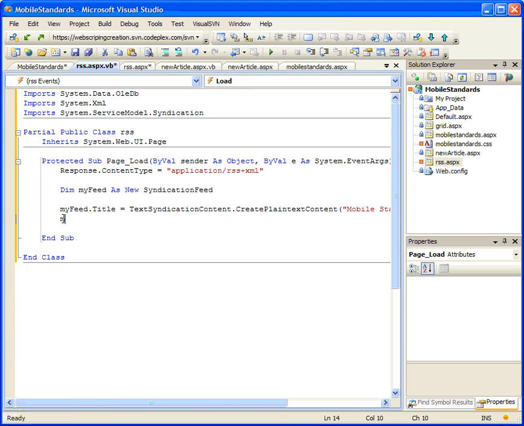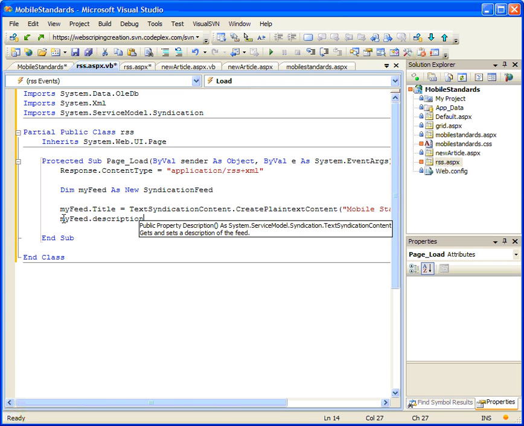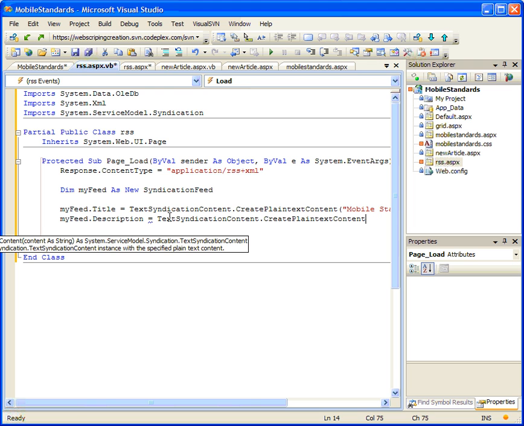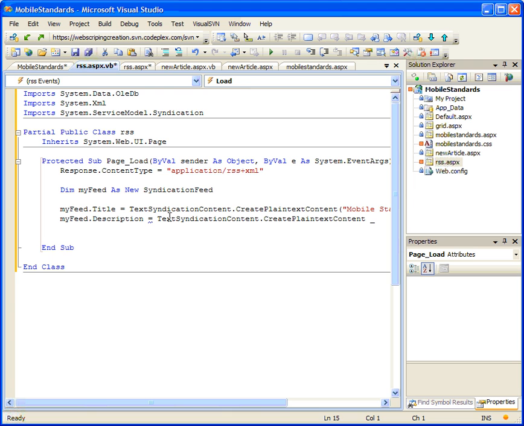So if I type in again my feed.Description equals, and again we have to use this TextSyndicationContent.CreatePlainTextContent, and then the description. What I'll do here is put it onto a new line, so I'll put a little underscore here, which is the Visual Basic convention for saying that this goes onto a new line, and I'll just press return, and then I can put open bracket,